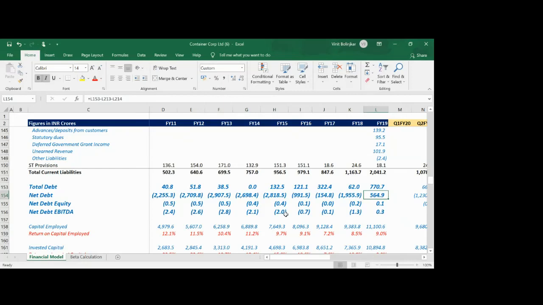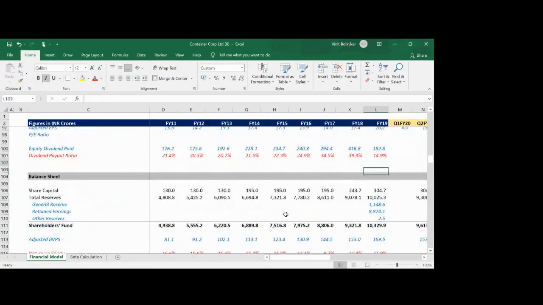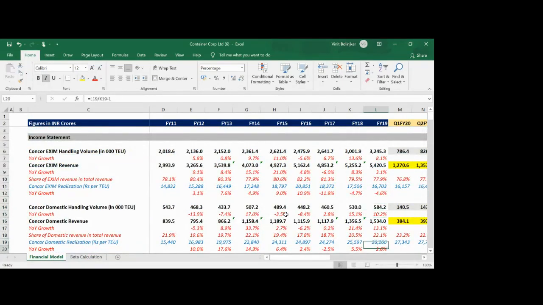Now we typically calculate net debt to equity, and we are taught in financial analysis that it should be less than one. But if you've noticed in the last few years, there's an aversion to debt, and companies pay back debt very fast because investors like companies which are debt free, or close to being debt free, or as much debt free as they can get. But as a banker or a credit analyst, you are concerned more with net debt to EBITDA. I'll tell you why. Because as a banker, as I told you earlier,